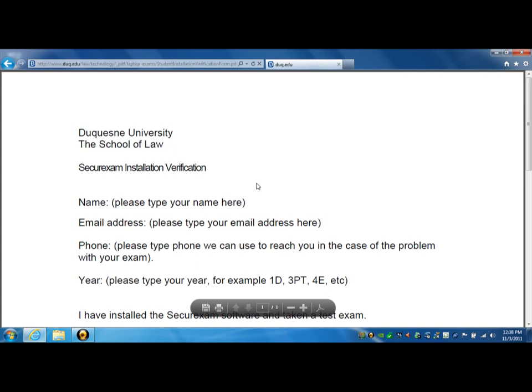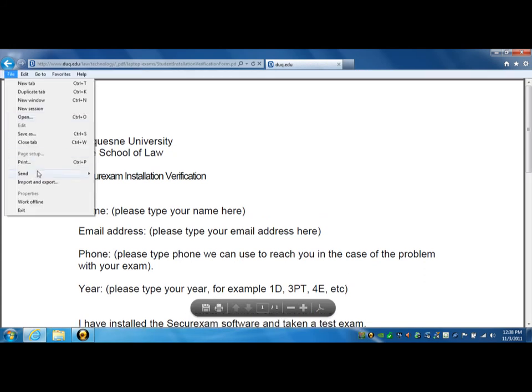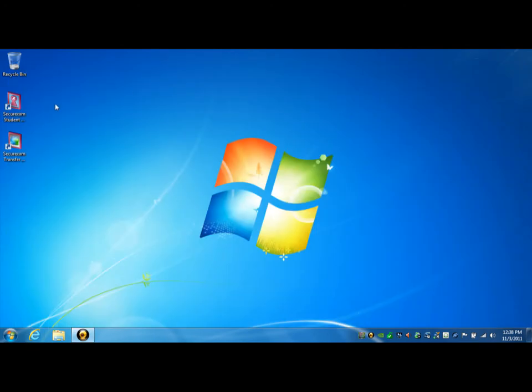That link opens up a PDF document that you can print on. Go ahead and print the file or go up to File, Print. Once the document has been printed, you can close out the web browser. You are now ready to begin taking your practice exam. Go ahead and double-click the Secure Exam Student